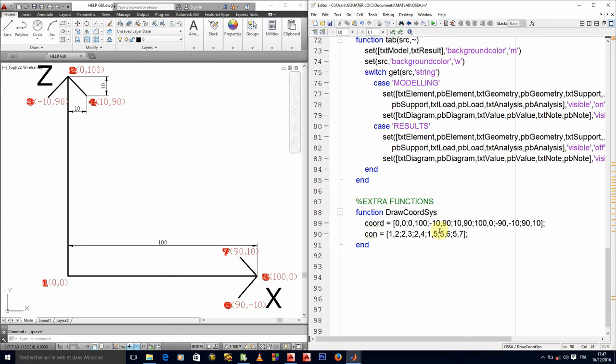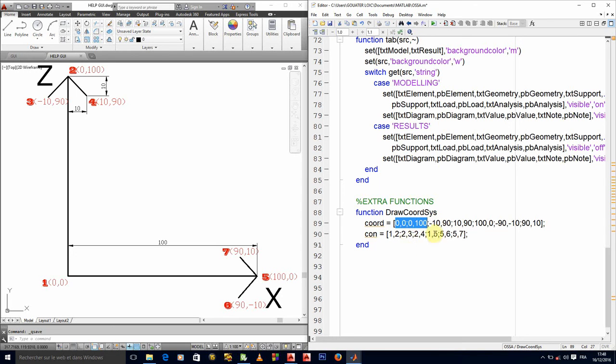Okay, so what does this tell me? This one represents the first line, right? So what will MATLAB do? It will come here, the first line made up of node 1 and 2. So it will come and get this first number 1 here. It goes to the first line of my coordinate matrix, detects the coordinate 0, 0 and puts a point there. Then it goes to the second line of my coordinate matrix, detects 0, 100 and puts a point there, and then it links those 2 points by a line.